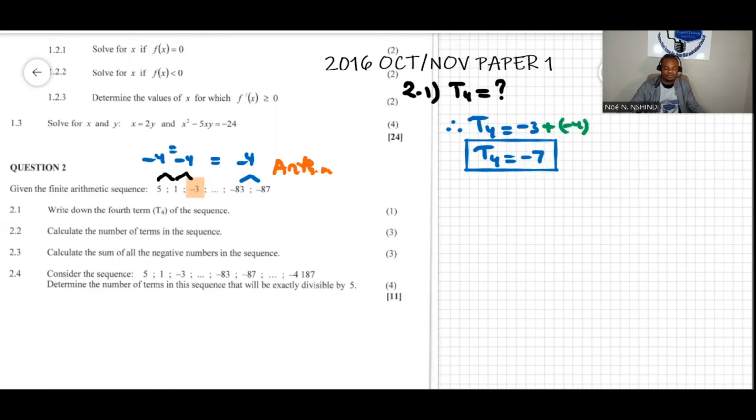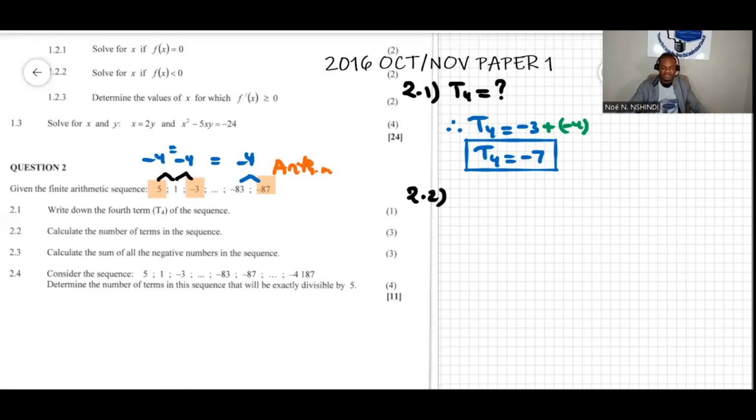Now we're going to see question 2.2. The question says, calculate the number of terms in this sequence. All right, because it is a finite sequence, finite because it has a final term. The pattern has a final term, which is -87, and then we need to find how many terms there are from 5 to -87. So we can do that